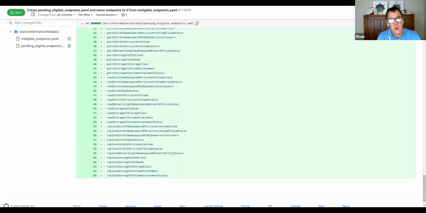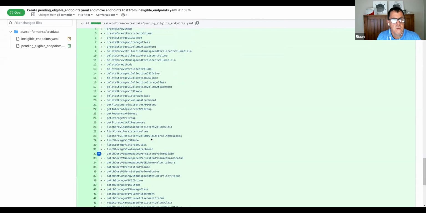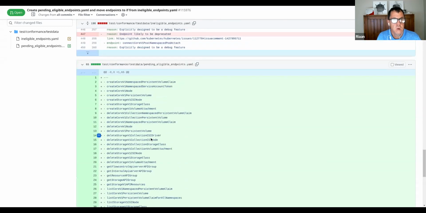With monitoring API Snoop and the conformance bot, we will look for endpoints that come in that are not tested yet but should be on this list, move them to the list, and continually follow up and see when things come off the list. So basically monitoring and maintaining. The API Snoop graph at the moment is pulling off this fork, so as soon as this PR is merged, we will change it to look at the Kubernetes main branch.